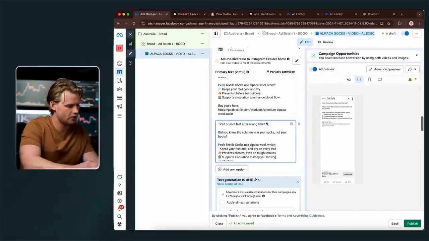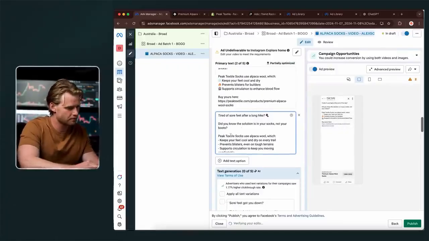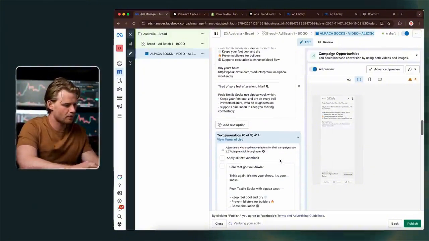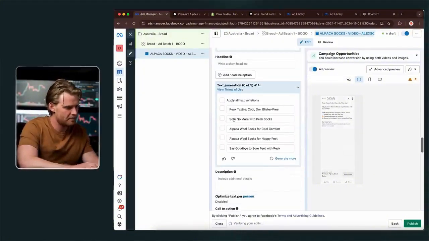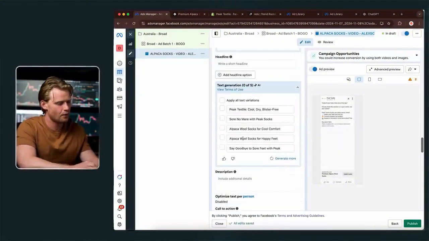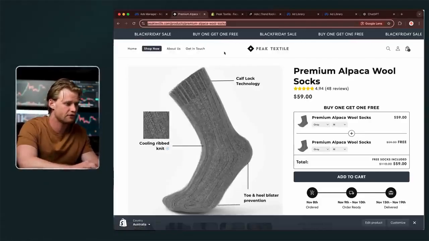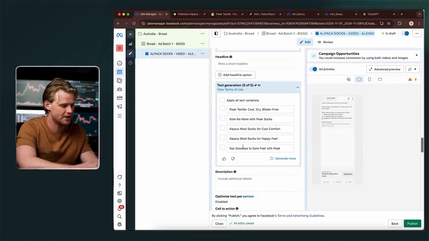Just going to get rid of the emojis, just make it look a little bit different. Sweet, so we've got 2 text variations there. Now we can scroll down and there'll be a bunch of headlines here. One thing that I like to do with the headlines is call out the offer that you've got on the website. So if you've got buy one, get one free, or if you've got like a 20% sale, call that